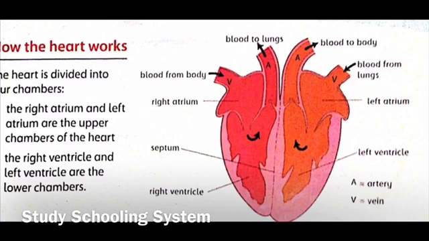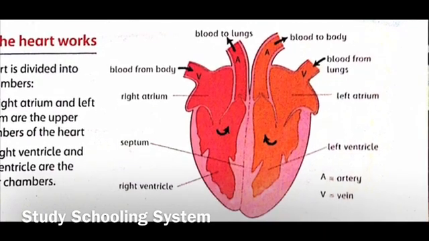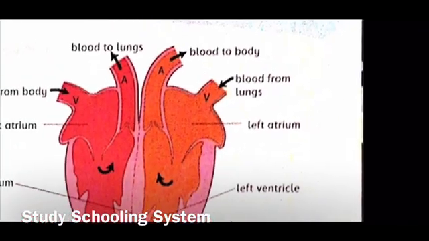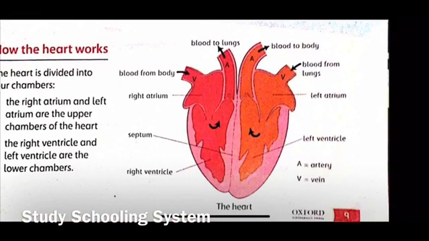And then it comes back into the left atrium, right? So over here, as you can see, blood from the lungs comes back into the left atrium. It goes back into the blood that's given to the body, which is oxygenated. It's high in oxygen concentration, and the blood that was coming from the body into the